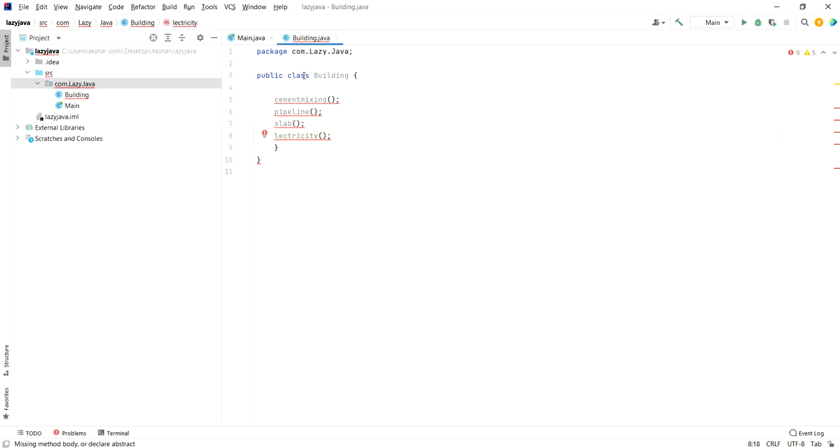Okay, the building is the class. All these are methods. And within the methods, you can't just assign a team and say, okay, cement mixing team, give me your end product. No. What you have to do is tell them what their work is. You have to assign them their work. So what you do within this method,